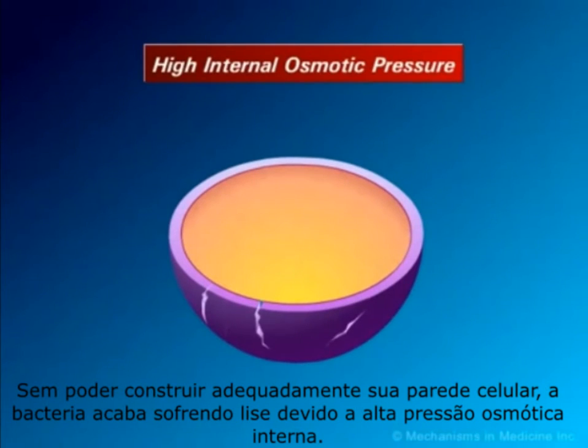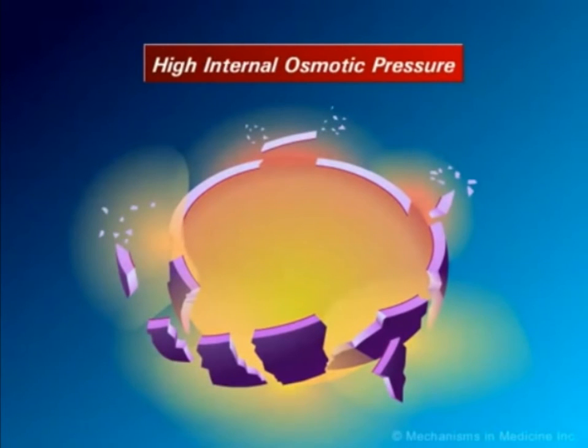Gram-positive bacteria have a high internal osmotic pressure. Without a normal rigid cell wall, these cells